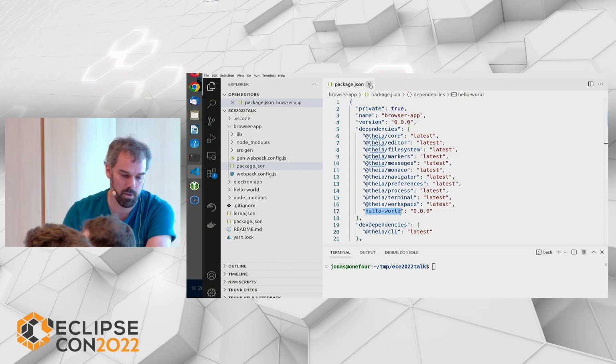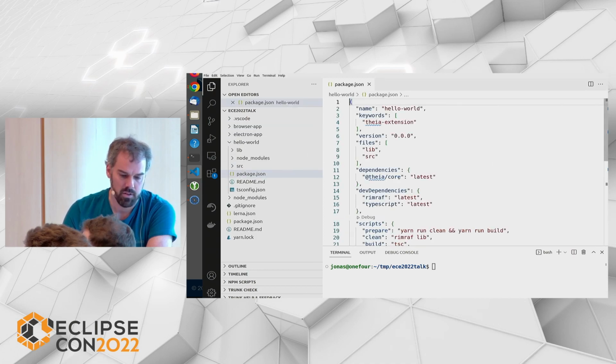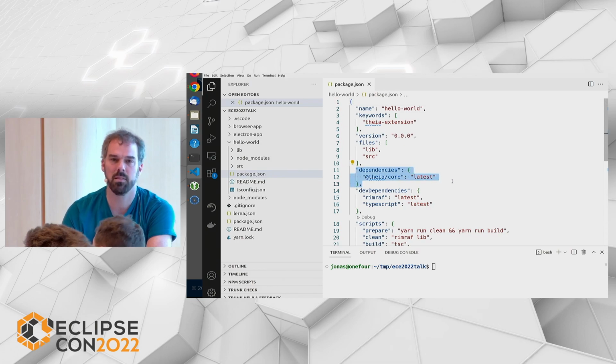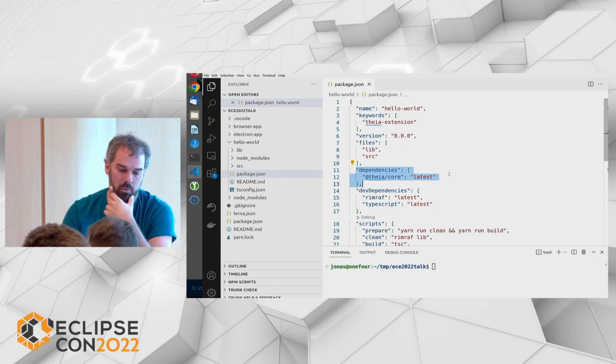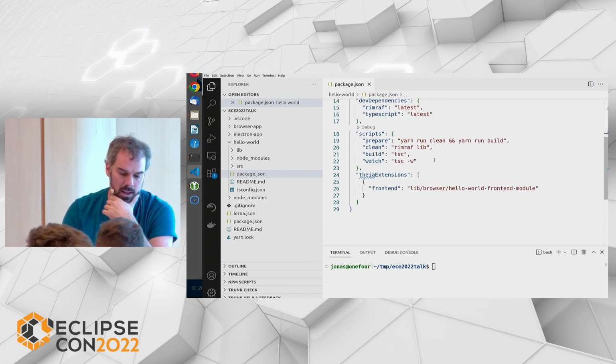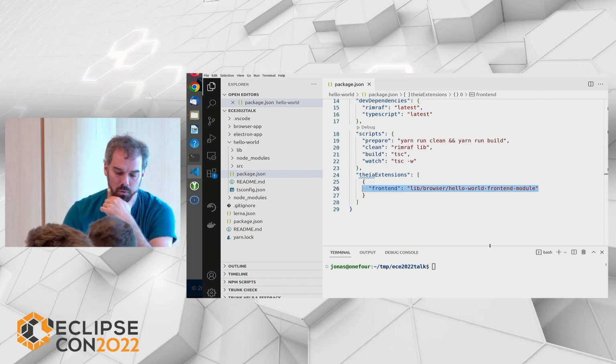And last but not least, let's look at the Hello World extension and the package.json. Now this contains the dependencies, and this is a simple extension. It just depends on Theia core, so there are very few dependencies. And then down here, it has this pointer that points to a code file that actually does the wiring. I will talk about this in detail in a second. What I would like to show you first is